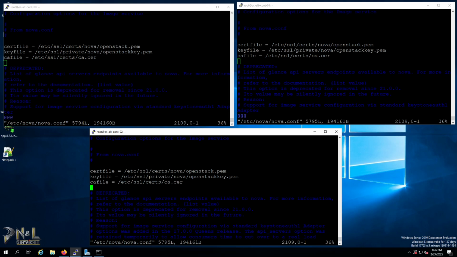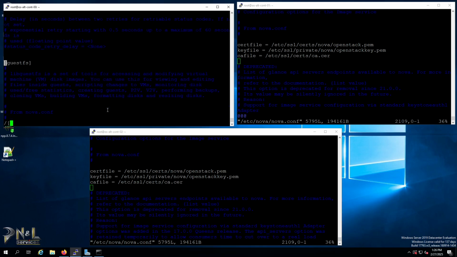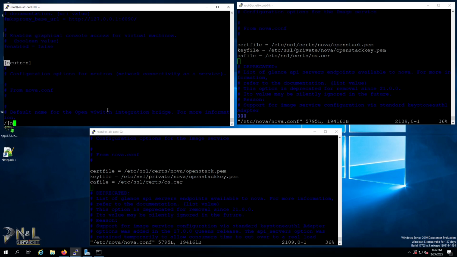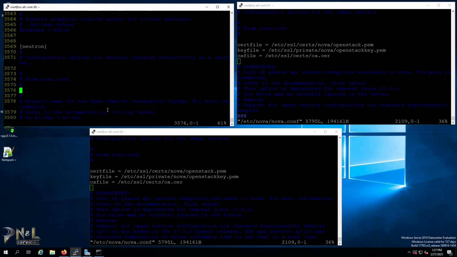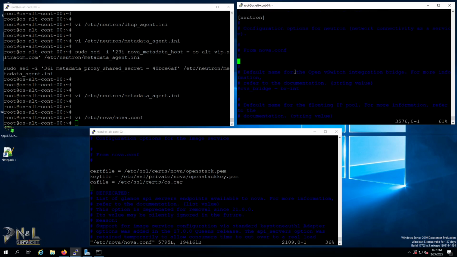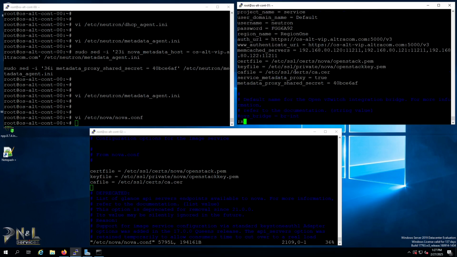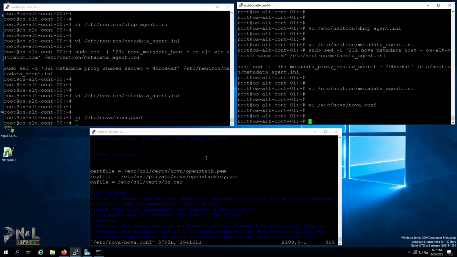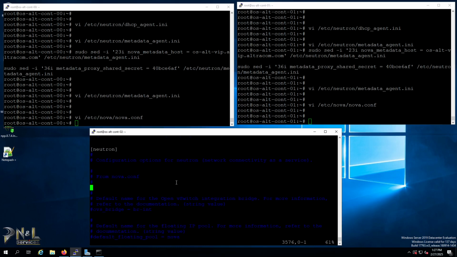Next, we're going to configure Neutron in the nova.conf file so that Neutron can be used. Okay,